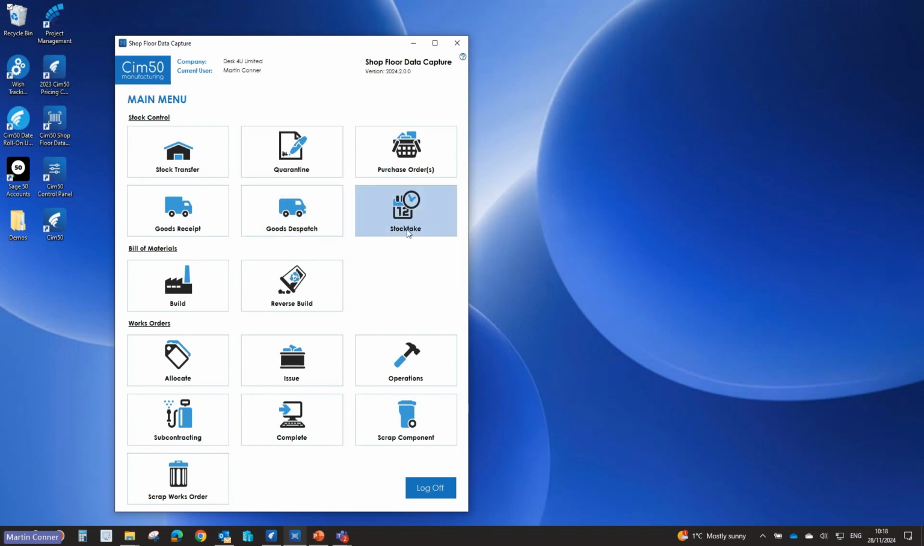We can stock take, and we can either stock take based on a stock take that we've built within the main Cim50 solution, and if it doesn't exist on there then it won't allow us to stock take that item, or we can do impromptu stock take. So it might be that I've found some stock, I've counted it, I'm just going to update the system with that, and that will drop that data into the stock take area of the Cim50 solution, and then we can review that and update that